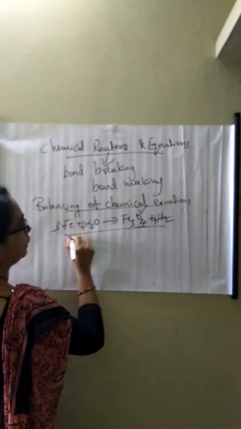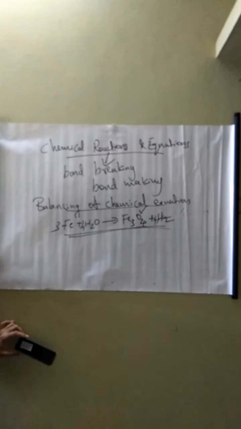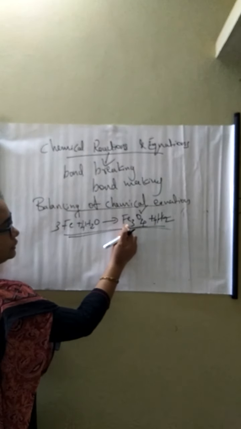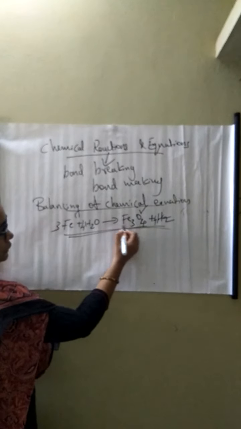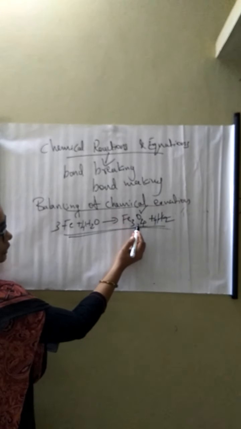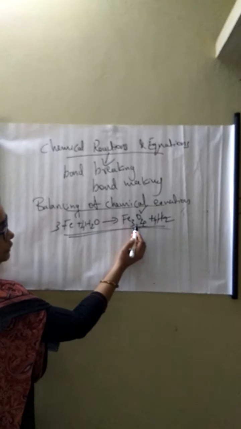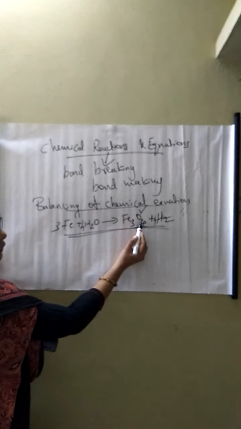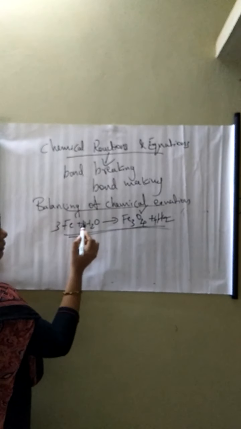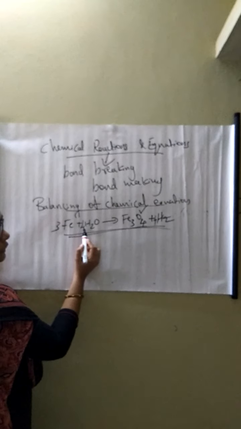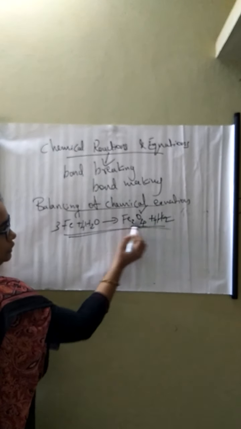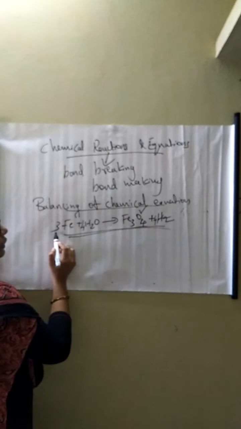Very simple, it's a balanced equation. This is the way to do the balancing of chemical equation. First we have to select the compound having the maximum number of atoms. That is, this is the compound Fe3O4. And in that compound itself, which one is having maximum number? Oxygen atom. So, 4 oxygen atoms are there. We can make 4 oxygen on left side by keeping 4 here. Then the number of hydrogen is 8 now. You can balance it on right side. Then 3 Fe on right side, 3 Fe on left side.